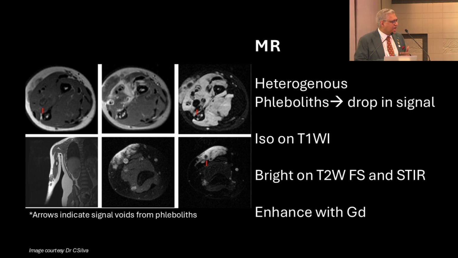MRI, when do you use them? I use it when I need to know the venous drainage. What is the draining veins? Because that's relevant for my treatment. If there's extensive involvement, I'd like to know what all structures are involved. If there's joint involvement, I'd like to know what is synovial involvement. Is there articular involvement? Or in specific locations such as orbits, head and neck, is there intracranial communication? These are the situations when you need MRI.